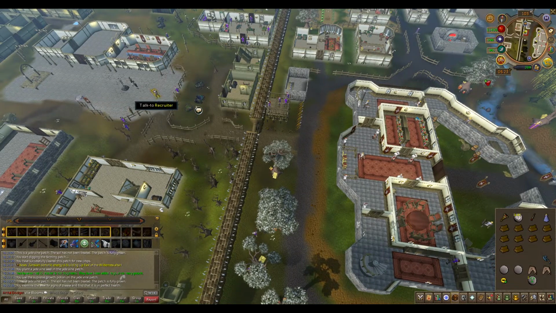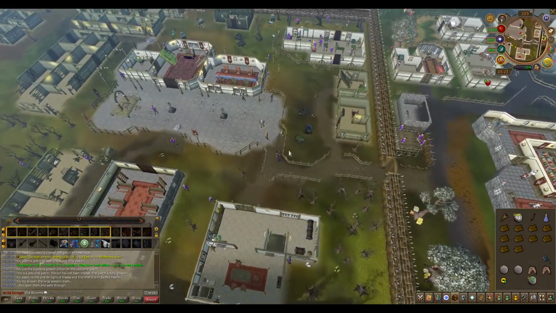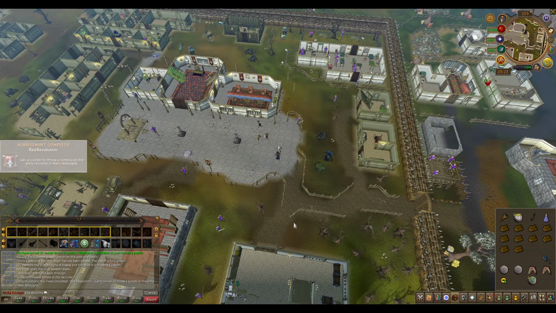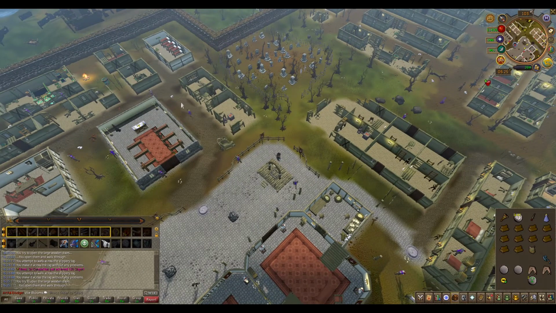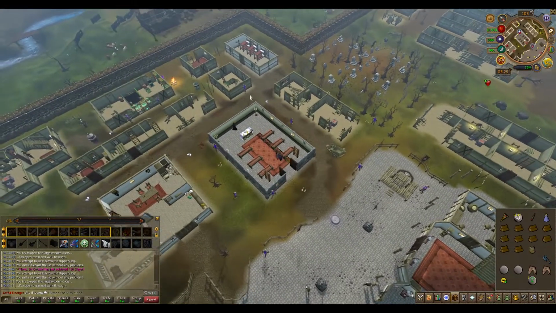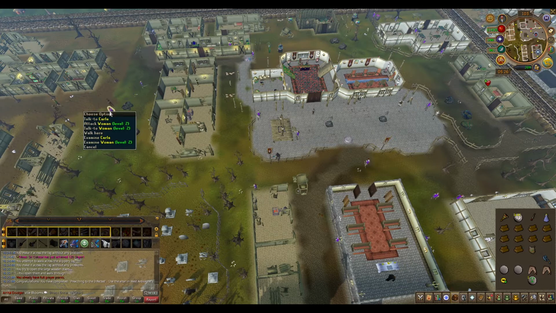Run over and speak to the recruiter until somebody throws a tomato at him. Then run south into the church and pray at the altar. Run a little further west until you find an NPC with the title Civilian and speak to him about selling